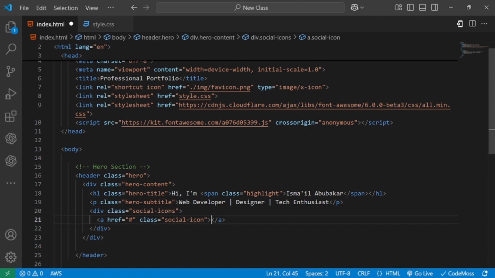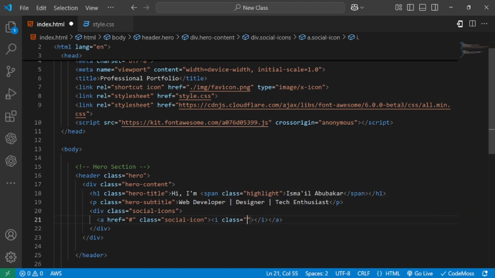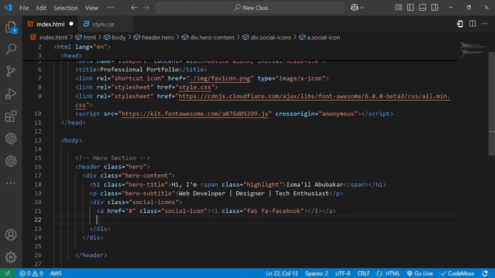What we're going to do next is create an icon like this, and let's give a class to this icon. The class of this one is a Font Awesome class. So we're going to be adding a Facebook icon: fab fa-facebook. You have to take note, you have to spell it correctly, or else you're not going to have that icon. And since we have this link, just to save time, let's copy it with Control C